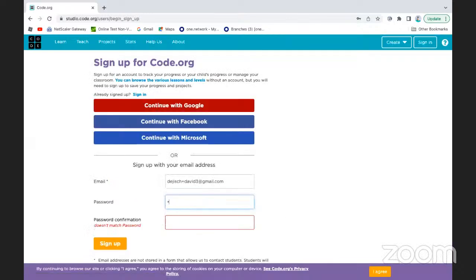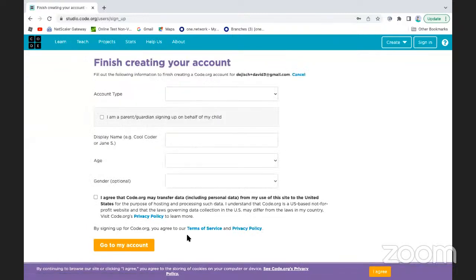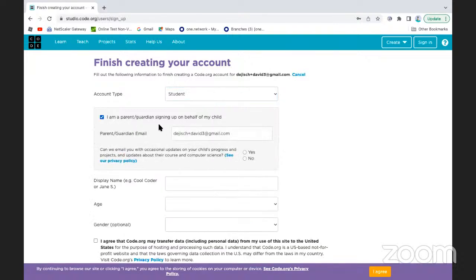Oops. Where do I press sign up? Then you'll be taken to this page. Then you have to put yourself as student. And you would need your parent. You would need your parents to do this part. Parent or guardian. When you press that,